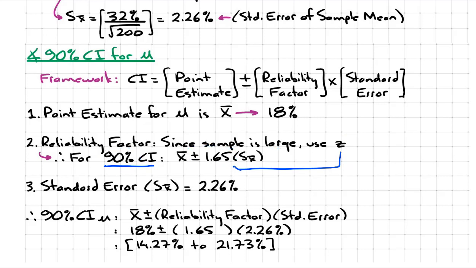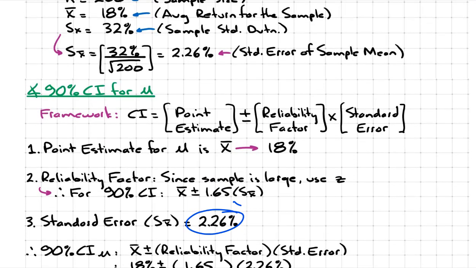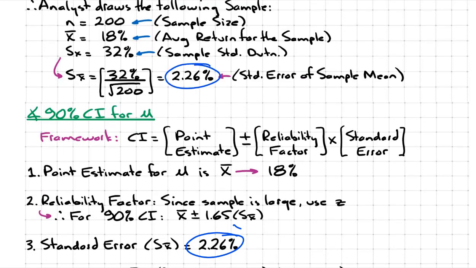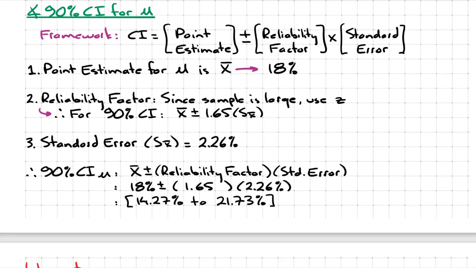So then the next thing is, what's the value of our standard error? Well, the standard error is 2.26, which we calculated previously over here. And now we're going to put it all together. So if you want to construct a 90%